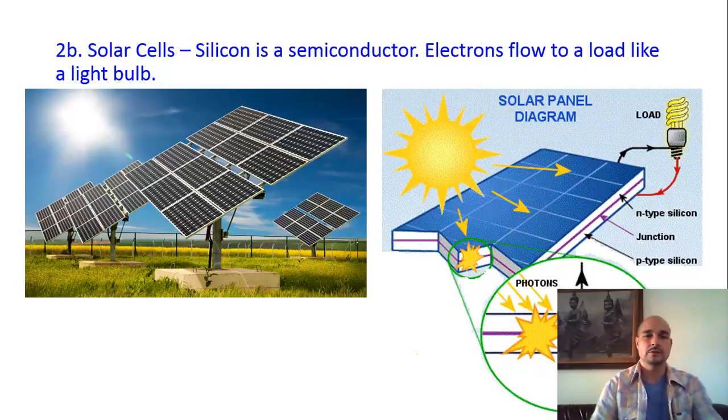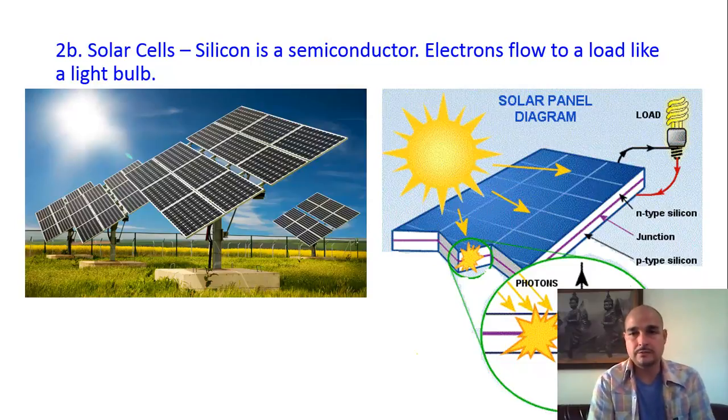And here is a solar cell. Solar cells can directly transfer radiant energy, sunlight, into electrical energy. And that's because inside of a solar cell you have silicon. And silicon is a semiconductor. Basically it behaves like a metal, and it also behaves like a non-metal. And there's 2 sheets of silicon that are sandwiched together. And when the photons, the particles of light, hit the top sheet,